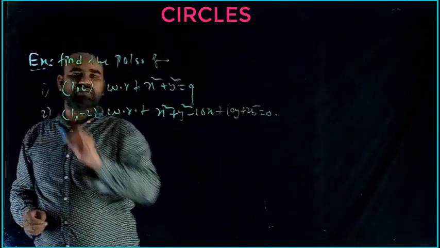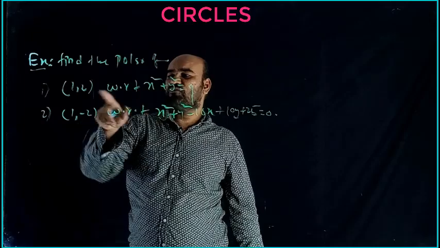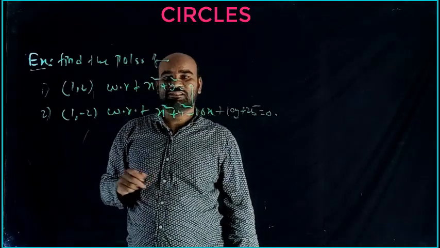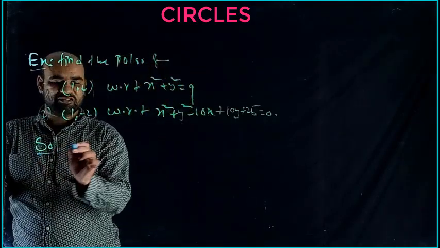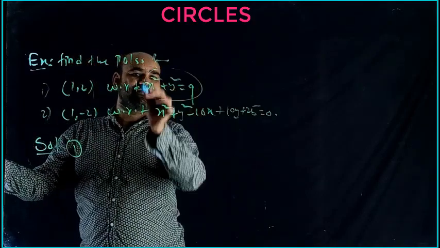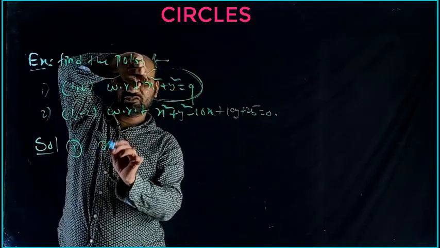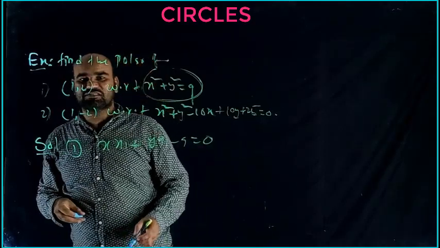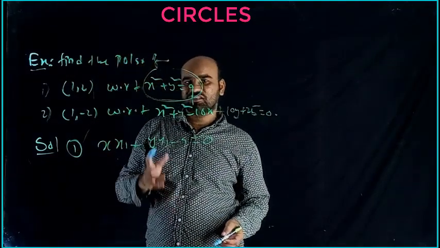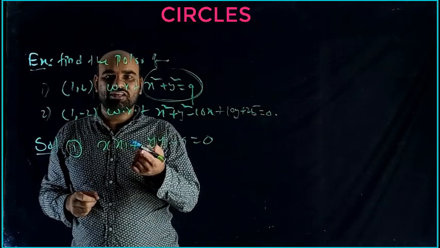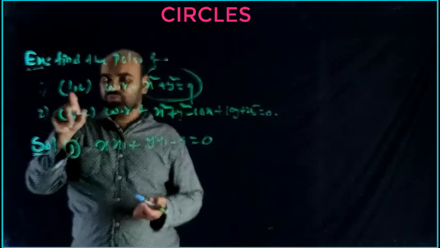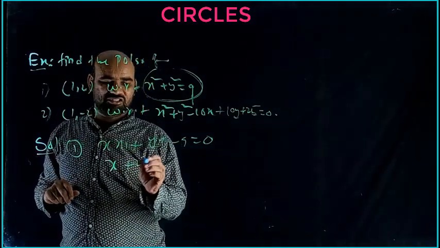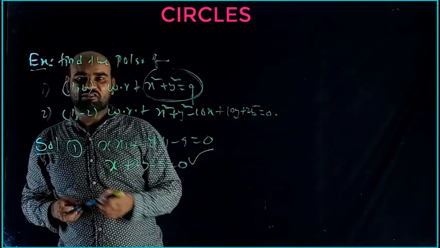Okay students, here is one example problem. Find the polar of this point with respect to this circle, and this point with respect to this circle. Just like that, we want to find S1 only. Solution. For the first problem, I want to find the S1 for this: x square means xx1, plus y square means yy1, minus 9 equal to 0 only. The g times of (x plus x1) and f times of (y plus y1) terms are not there. This only is S1 equal to 0, this only is the equation of the polar. We want to find the polar of this point, so instead of x1 write 1, instead of y1 write 2. So x plus 2y minus 9 equal to 0. This is the equation of the polar.